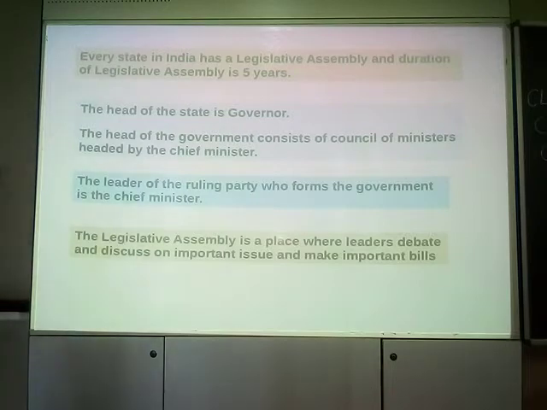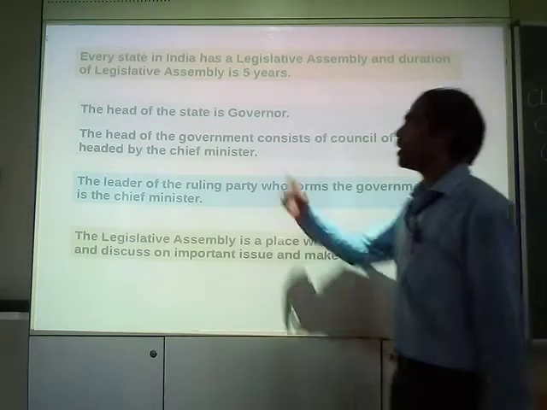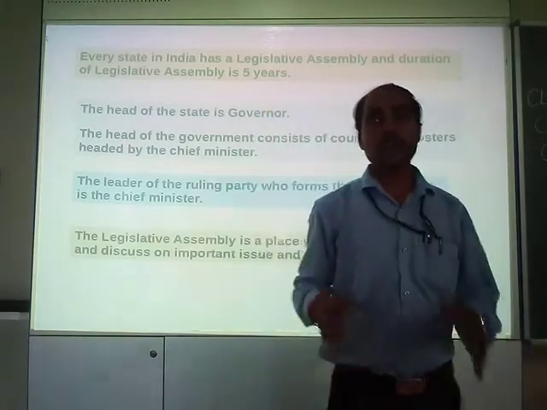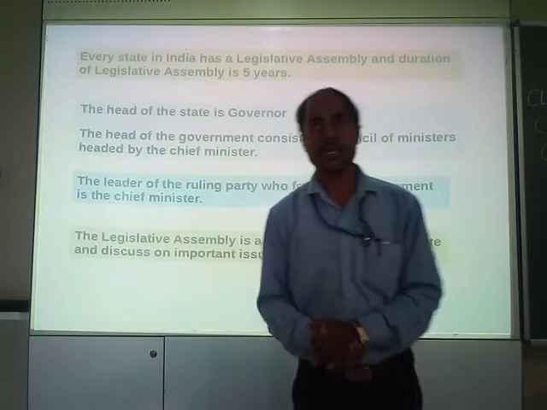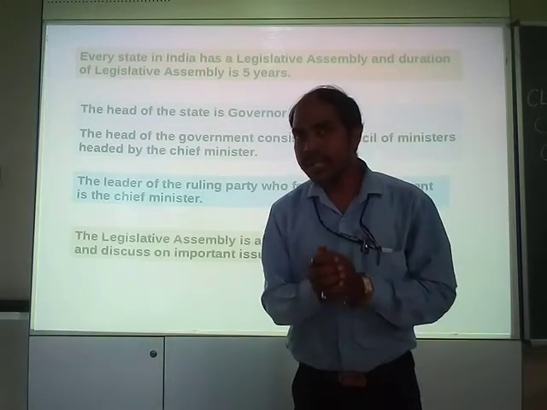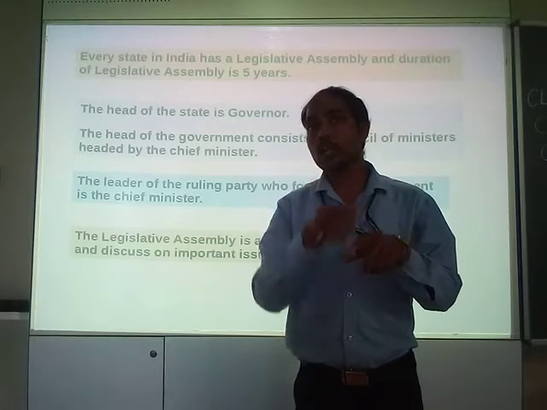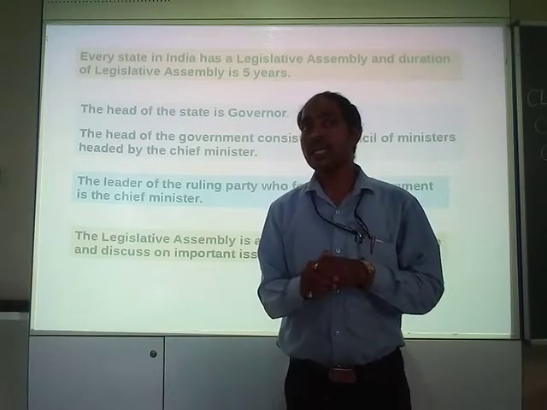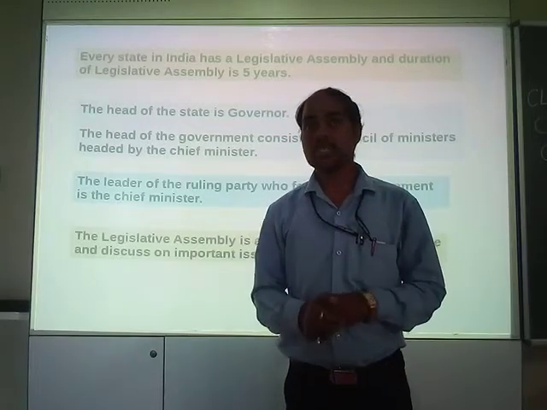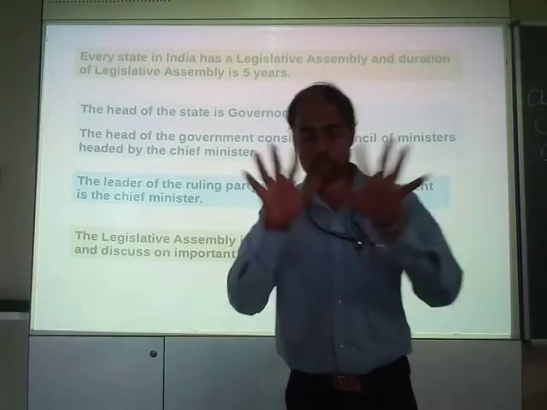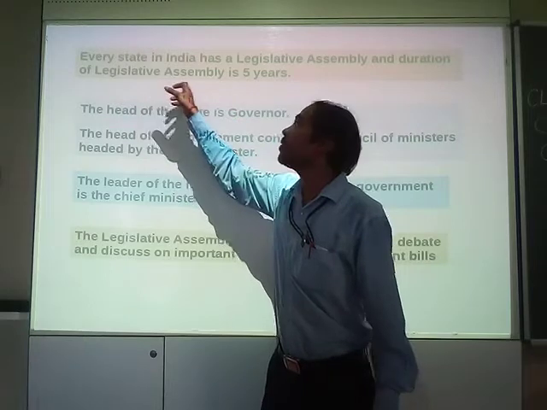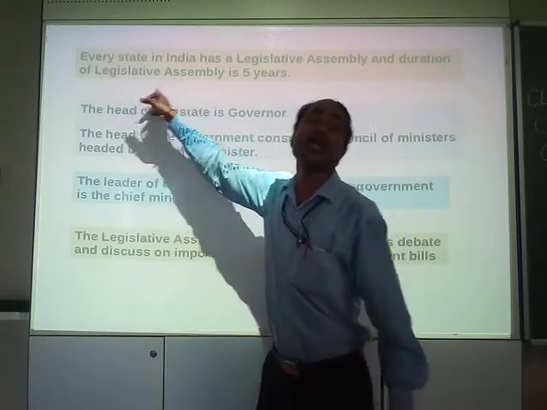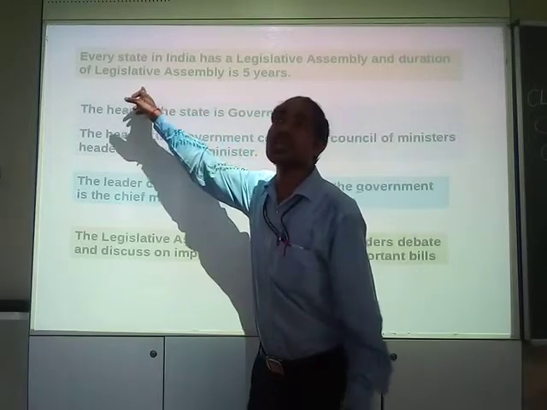Now every state in India has a legislative assembly, and the duration of the legislative assembly is 5 years. If we take this statement in a broad way, in India there is a parliament where debates and discussions go on time and again, and the prime minister and president take decisions. So at state level, the legislative assembly is like the parliament